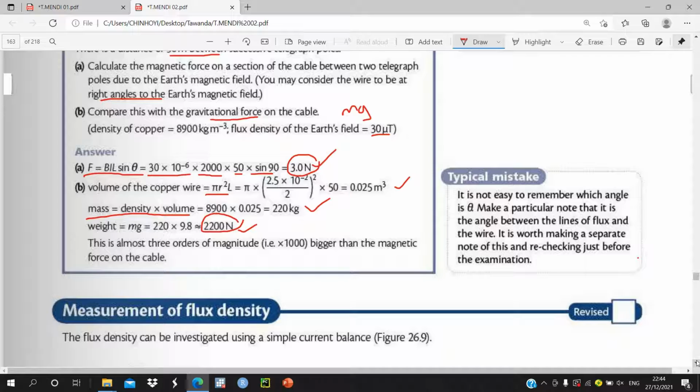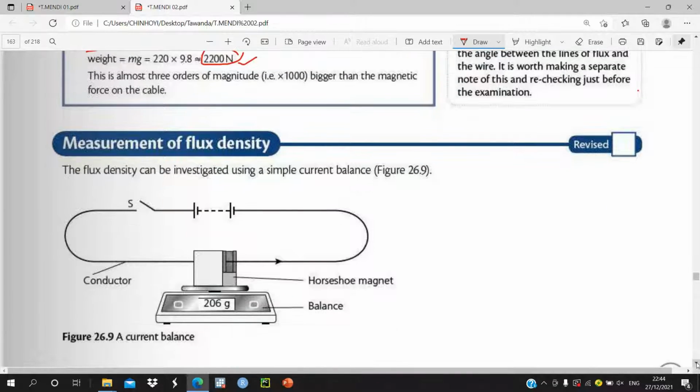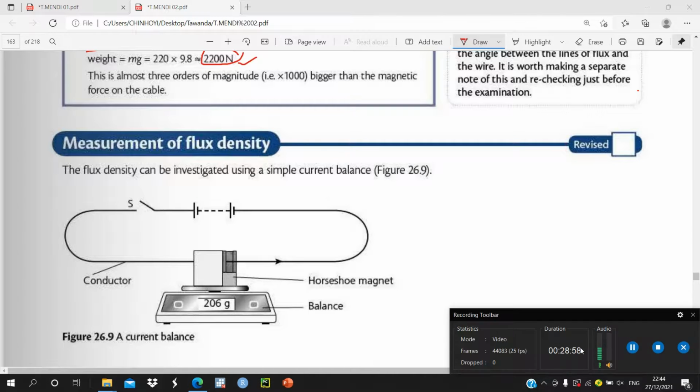Now we want to measure the magnetic flux density B. This is the simplest apparatus that you can use to measure it. We are also going to demonstrate the other apparatus that you can use. What you simply do, because we want to find the magnetic flux density